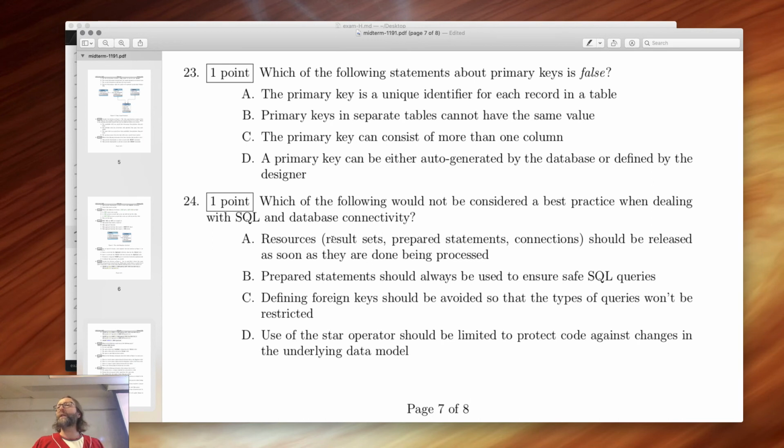The primary key can consist of more than one column. That is true. You can make primary keys like that. I do not recommend it. If you want compound keys, or composite keys, that's perfectly fine. For example,